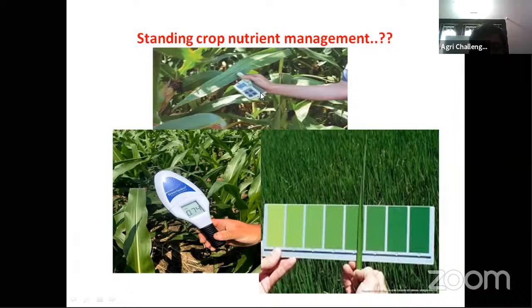Nowadays, we are only using it in research stations and laboratories. It means the research stage is not within reach at the farmer level because it is costly, more than 3 lakhs. But if you use this SPAD-based nutrient management, it helps to provide nitrogen whenever the plant feels hungry. Then it reduces the loss of nitrogen, loss of money, resources, pollution, and manpower.